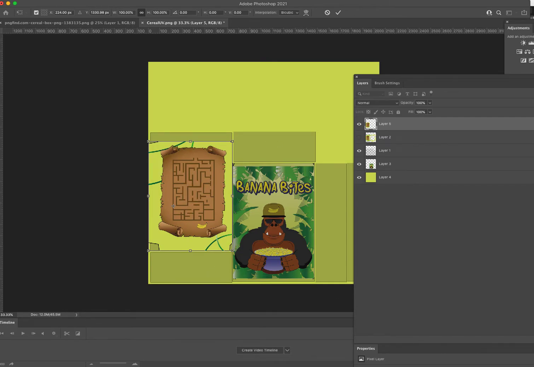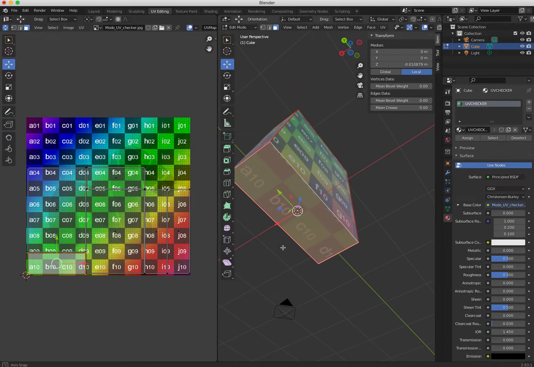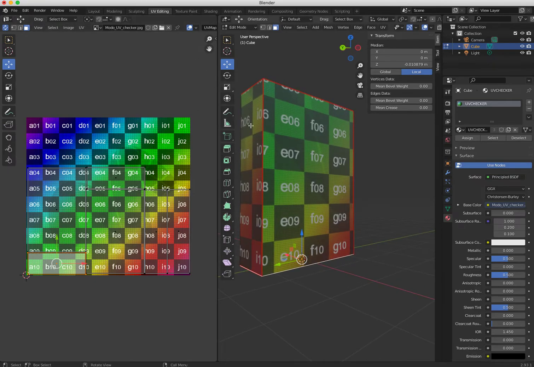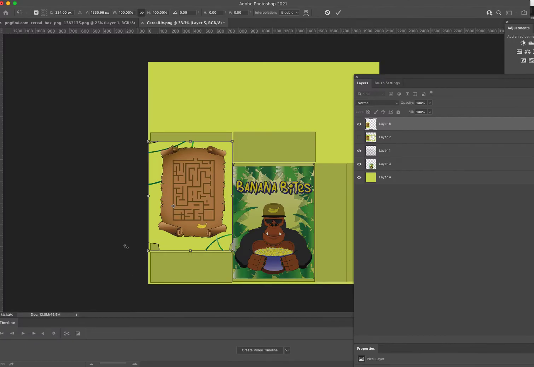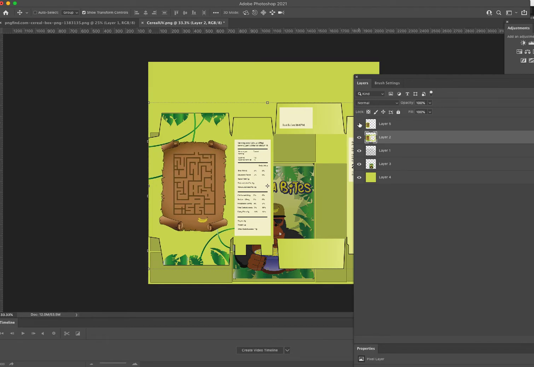So if I go back to Blender again, I see what this one is. This is the bottom part. Yeah, so I can go back to Photoshop again and bring up my image. Just put this at the top. So that bit there